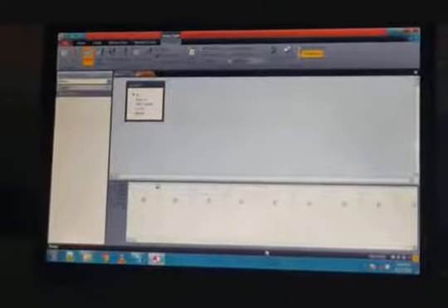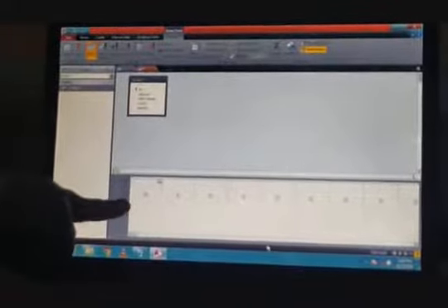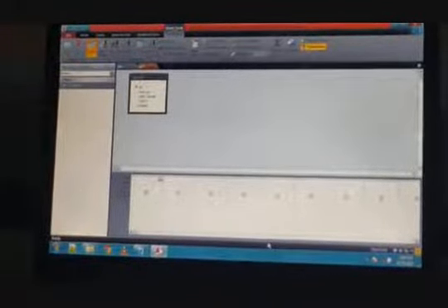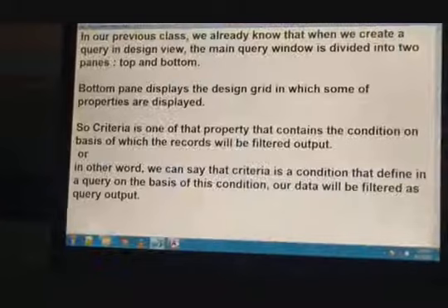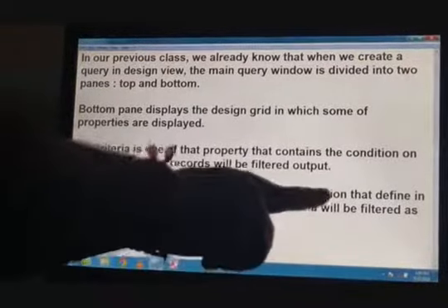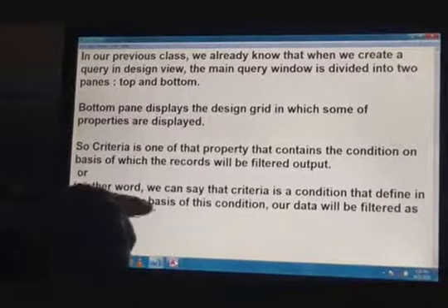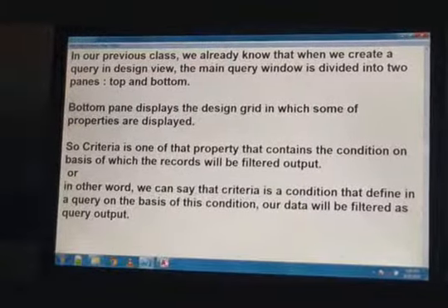That means you have to define some condition in this property for retrieving any kind of data from your database. In simple words, criteria is a condition defined in a query. On the basis of this condition our data will be filtered as query output.